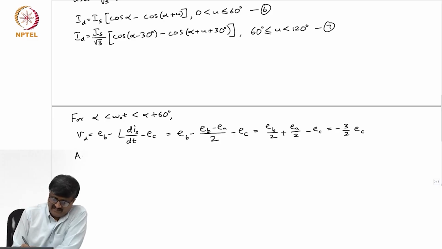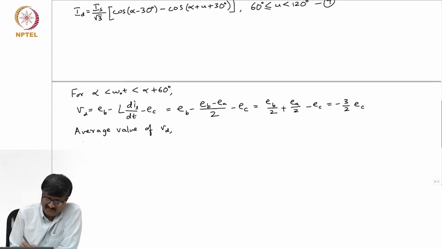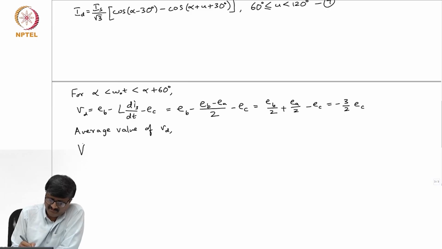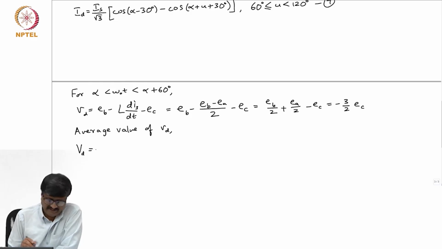So if I look at the average value of the DC side voltage, let me use the same notation which we have been using. So we'll use uppercase V with a subscript D. So I have to take the average value. So I get the average value by taking the integration over one interval. So this is 3 by pi integral Vd d omega t. So if I take the interval alpha to alpha plus 60 degrees,